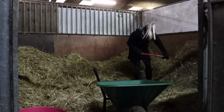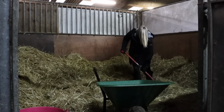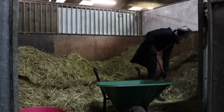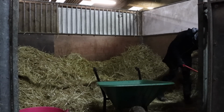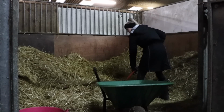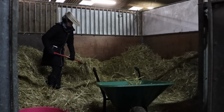So I'm doing a full muck out this morning, and checking how many poos she's done, because one of the big things after surgery is making sure that they're passing feces normally, weeing normally, all of that good stuff, because obviously a major concern is always colic. So I'm going to give her a really good muck out, and then I will be bedding her down